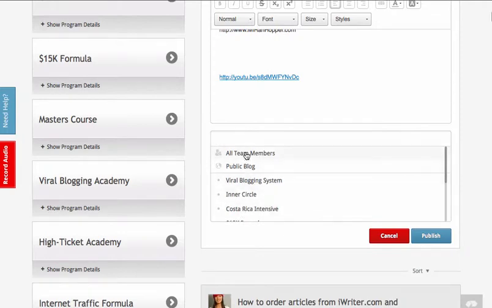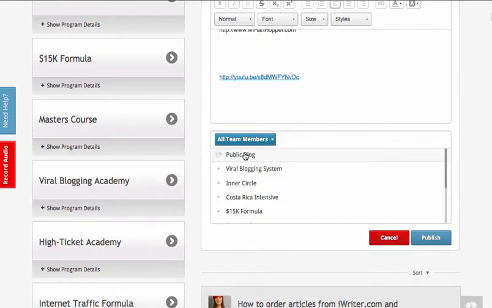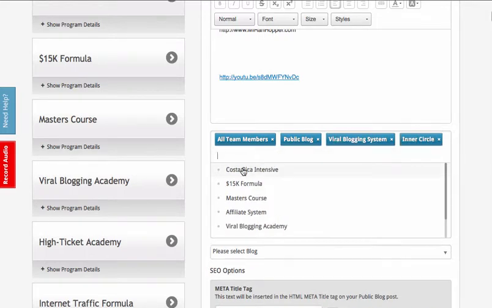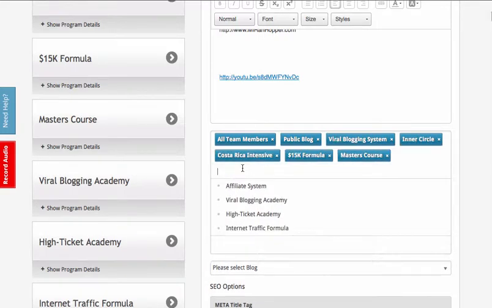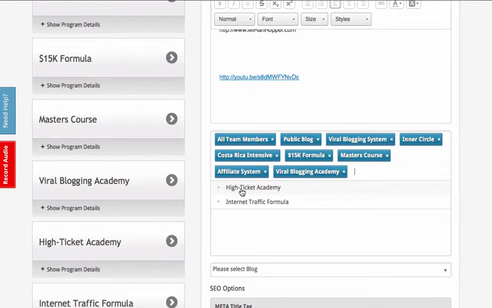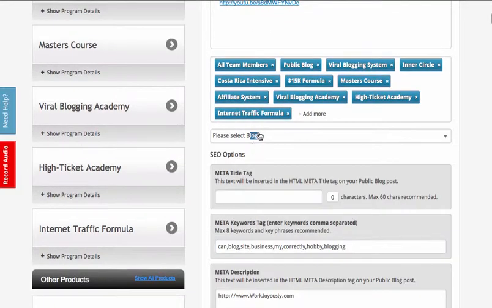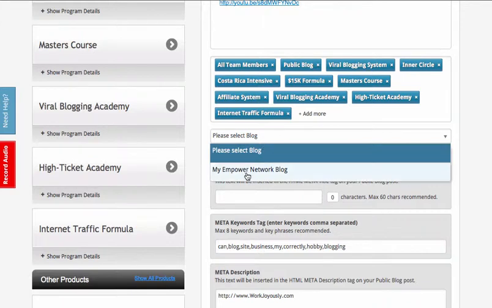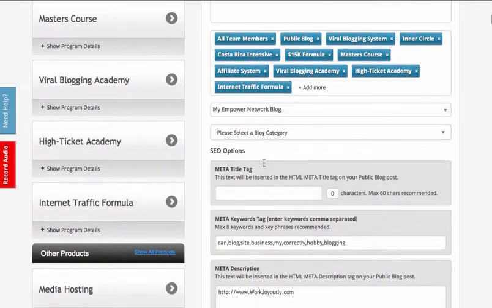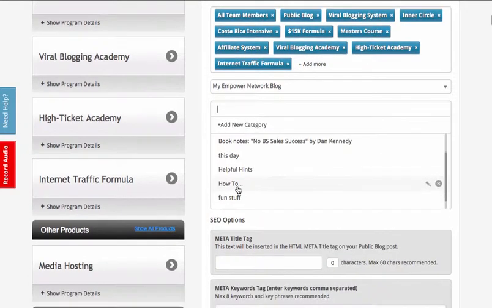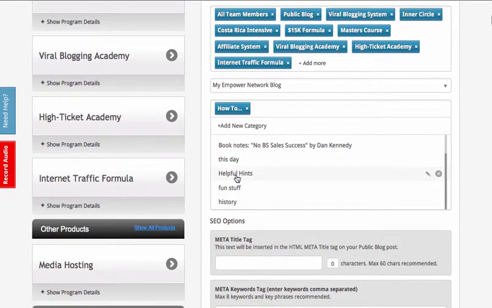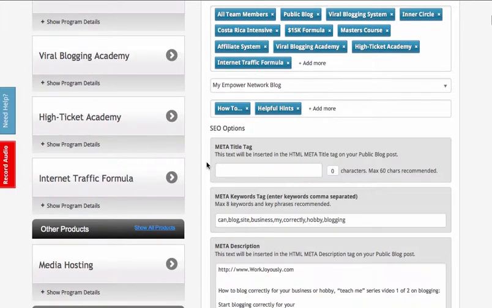you are with our team, if you just have a blog as a customer, then you're just going to have the blog. So you would click that. I click everything I have because I want to be viewed by everybody. Why not? So that's how you would make it shown to everyone. And then it says select a blog, and I just have the one, my Empower Network blog. So I click that. In the category, I do how to and helpful hints so that it's around in a